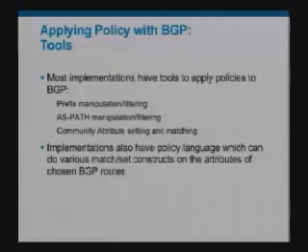So most implementations have tools, and I'm not going to spend any time giving any tutorial on how to use these tools. I'm sure your vendors will be delighted to point you at documentation to do it. But generally, you've got tools that will let you manipulate prefixes, do the AS path stuff, the community stuff, and so forth. They also have a policy language. Again, different vendors have different policy languages that will do various matching of conditions, setting particular things, and so forth,